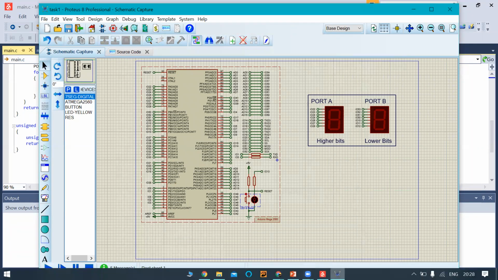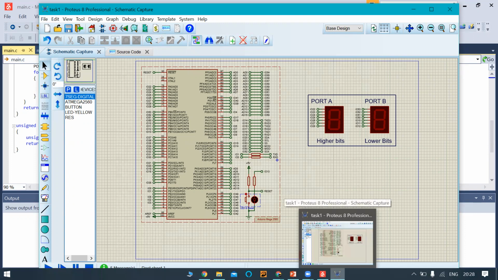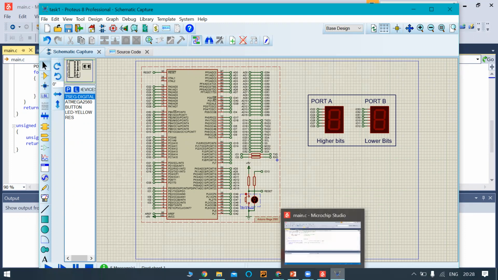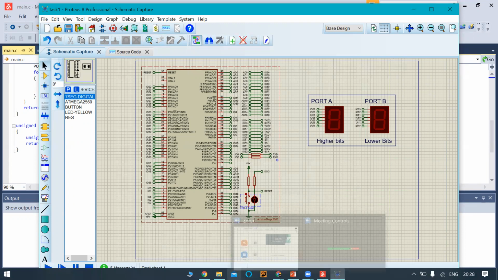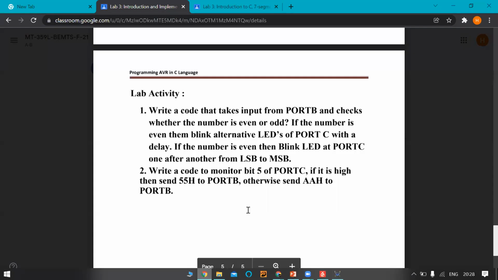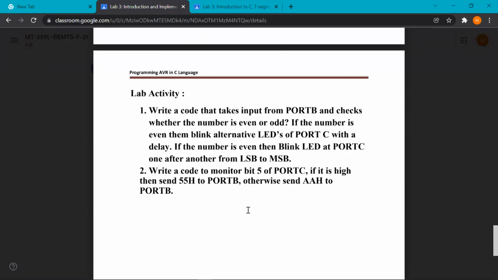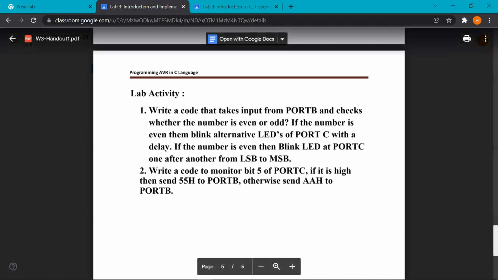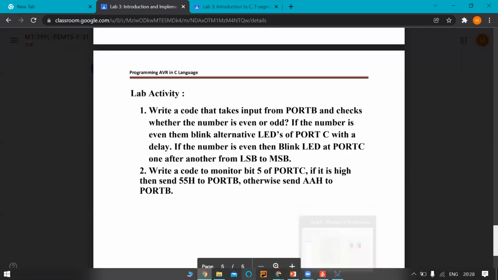The task was basically to monitor the fifth bit. This task is as I have explained earlier. The task that I showed you is basically the third task, in which we have to make a counter, and you have seen the program and the Proteus file of the counter. So coming to the next task,